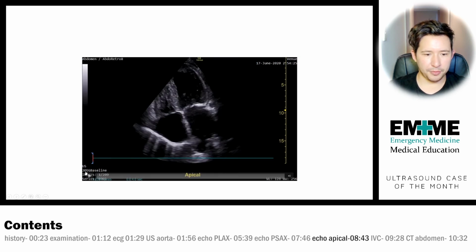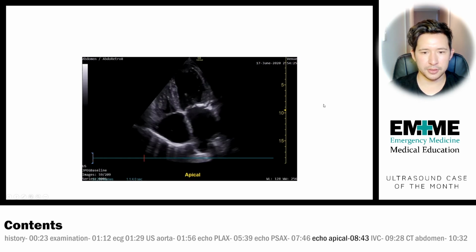So this is an apical 4 chamber. We've now moved the probe round to the apex of the heart, so we're round towards the left side of the chest and lower down than we were before, maybe the 5th or 6th intercostal space. We're looking up through the heart, so the probe is at the apex. We've got the left ventricle and the right ventricle, the left atrium and the right atrium, and then we can see the septum going here, and the mitral and tricuspid valves between the